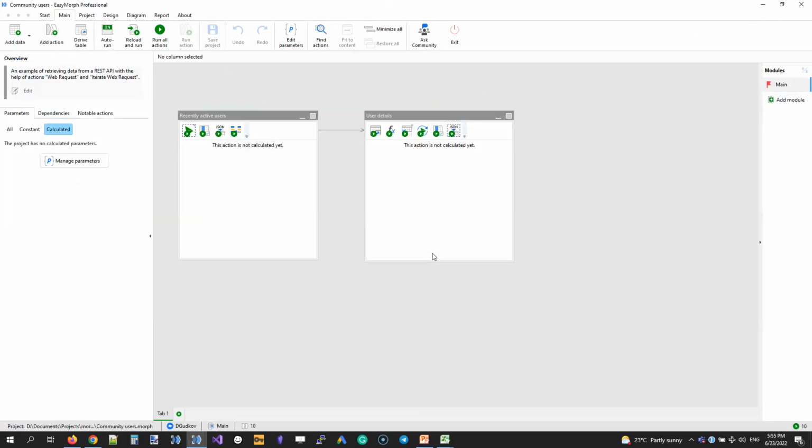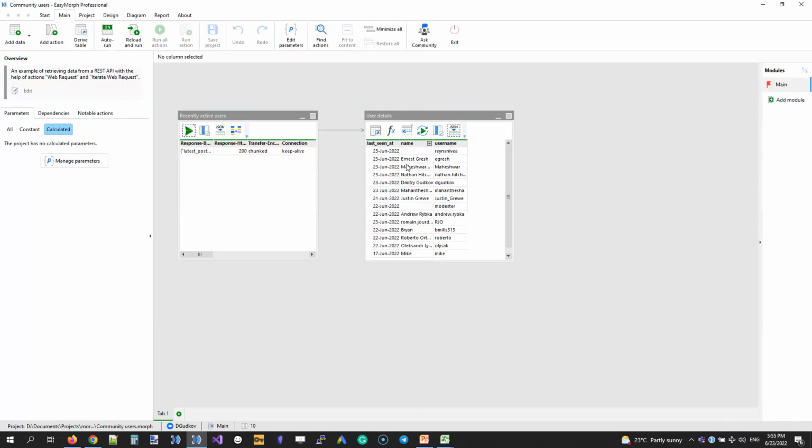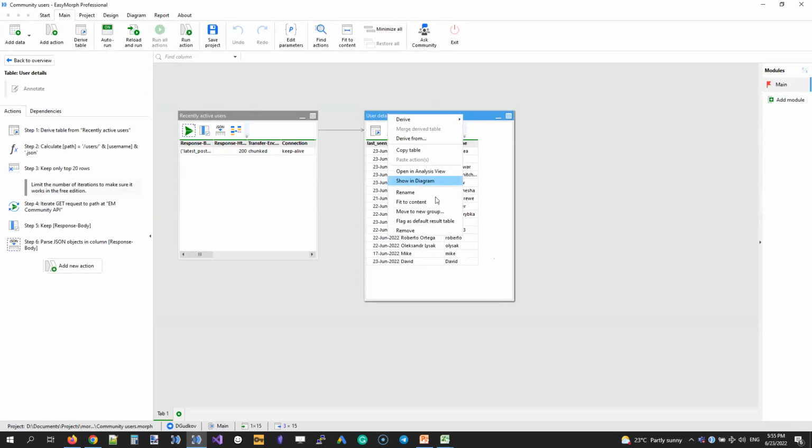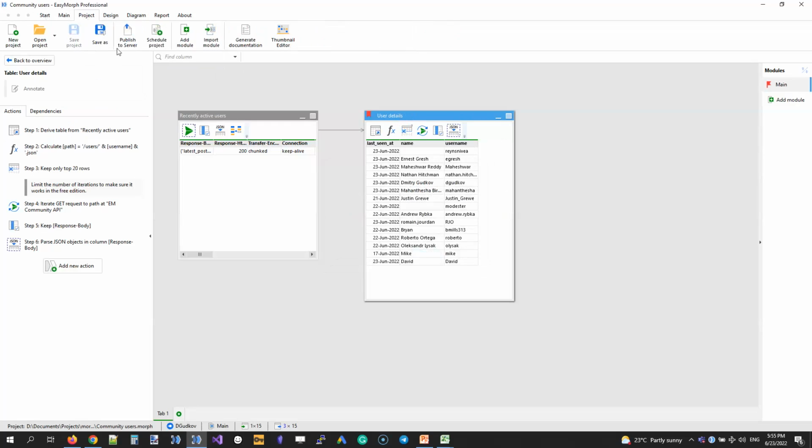This example shows all the users recently active on the forum and their usernames. I'm going to mark the last table as the default result table, and I'm going to publish this project on EasyMorph server.